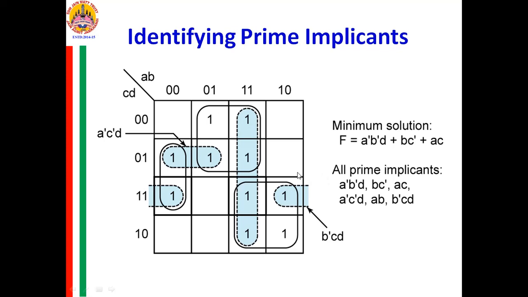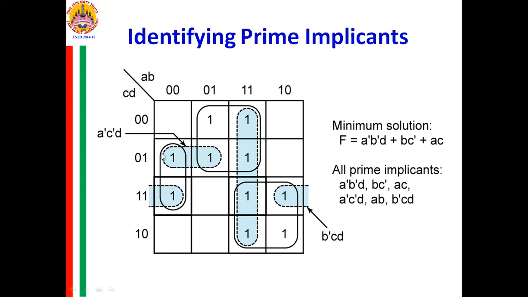Now, when I form this quad and when I form this quad, then there is no necessity of this quad, because all the four ones present in this quad are already covered in a Boolean expression, and even for these values it evaluates the function. So there is no necessity to add this particular quad to the Boolean equation, because all the ones present here are already part of the Boolean expression in the other terms. Therefore, this is not essential.